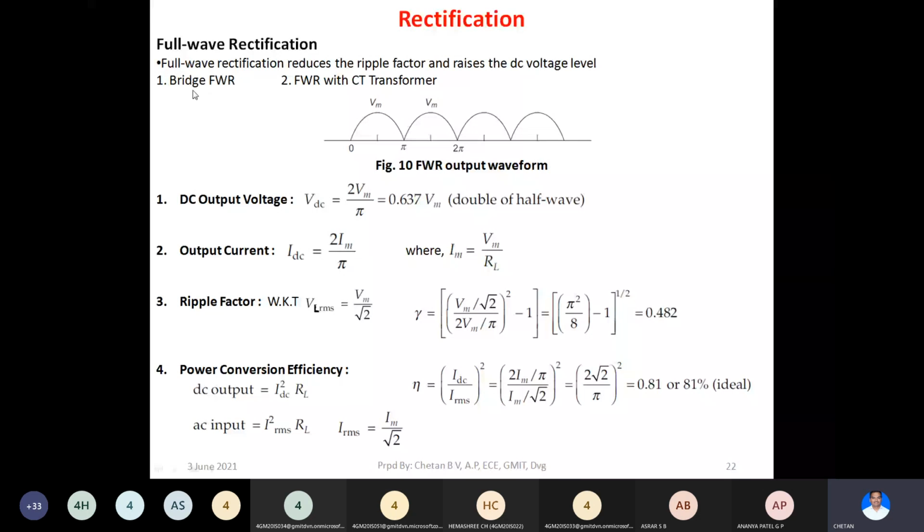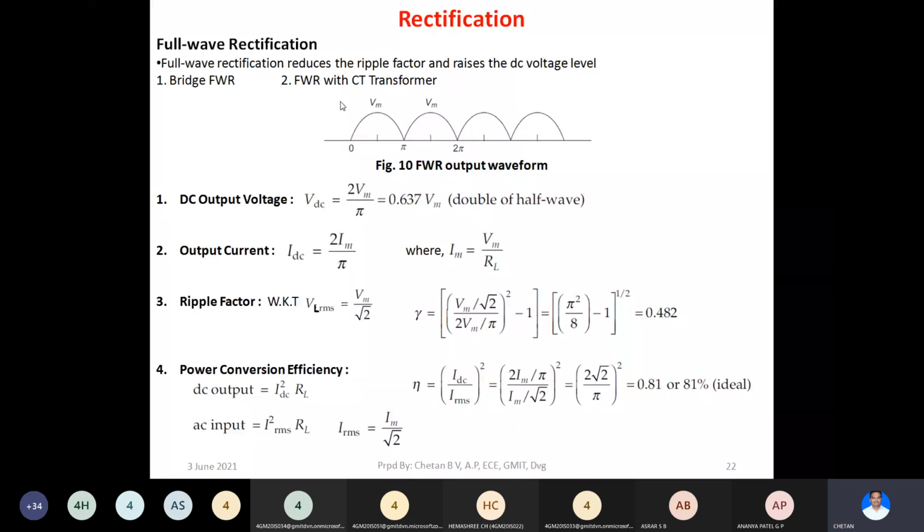The difference between these two rectifiers is that in the bridge rectifier we have four diodes and a normal transformer which has a primary and secondary. In the full wave rectifier with the center tap transformer, we have only two diodes, and the type of transformer that we use is called a center tap transformer. In a center tap transformer, we have a connection at the center of the secondary, meaning the secondary winding of the transformer has two parts.